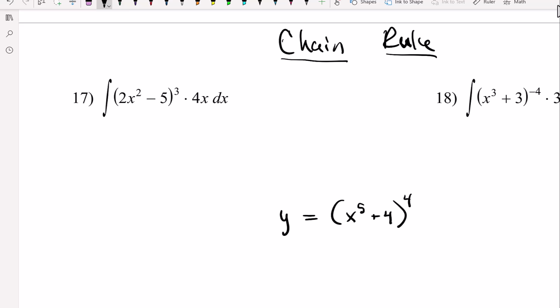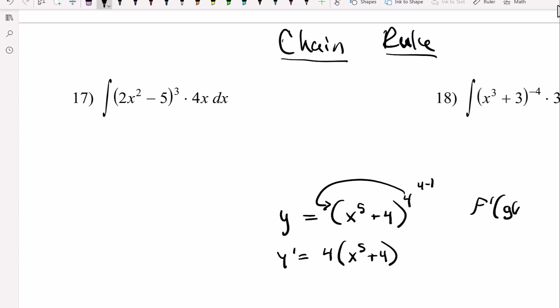fourth power, this would be a chain rule, so for the derivative, the 4 would come out in front, and then this would be 4 subtract 1, so it would be 4 times (x to the fifth plus 4) cubed. So it's the derivative of f with the g inside, and then you take the derivative of g, or if it's a double chain rule, then